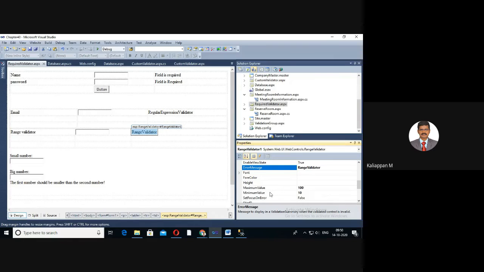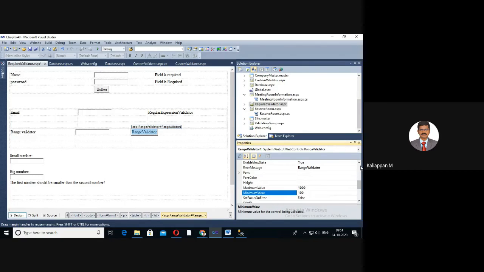Here I check whether the input value falls within the predefined range between the minimum and maximum value. Maximum value 1000, minimum value 100.